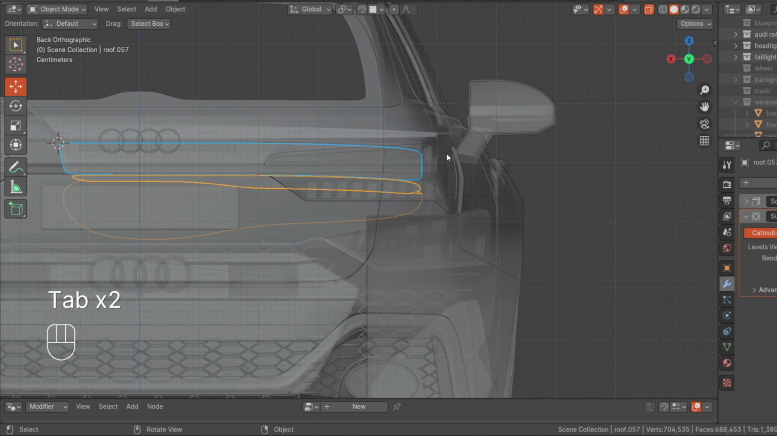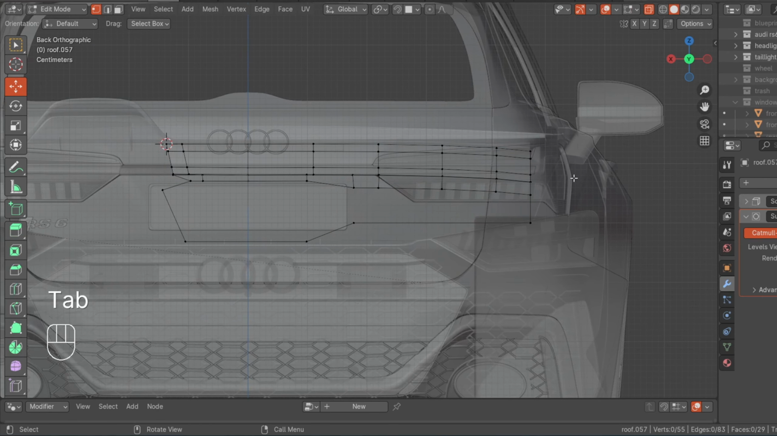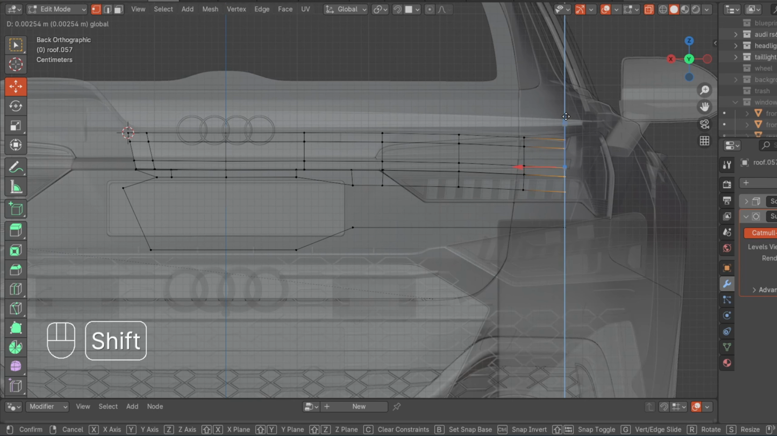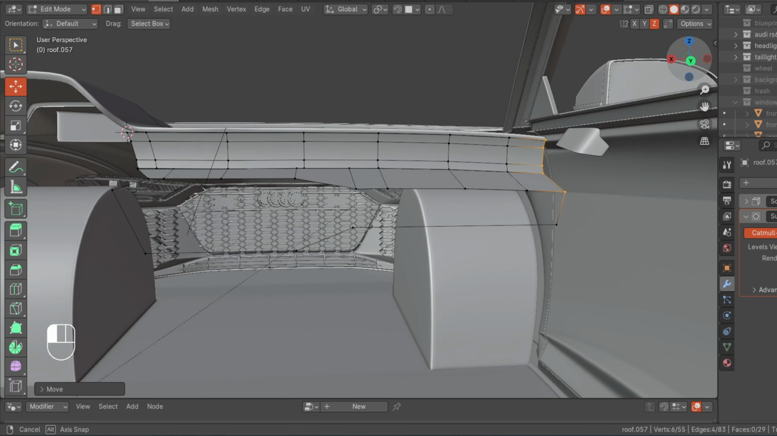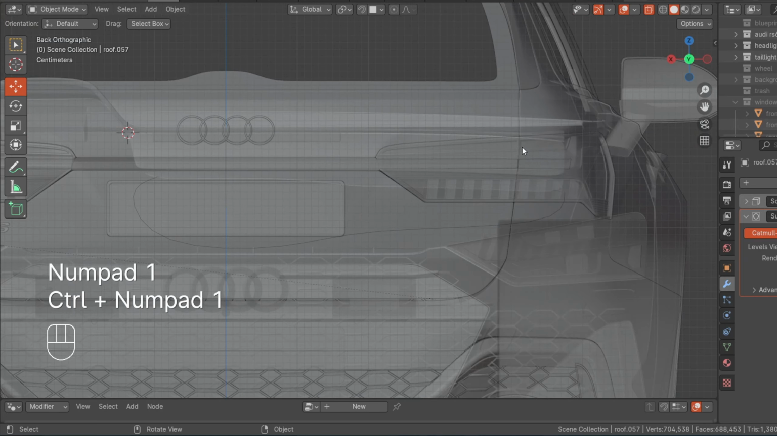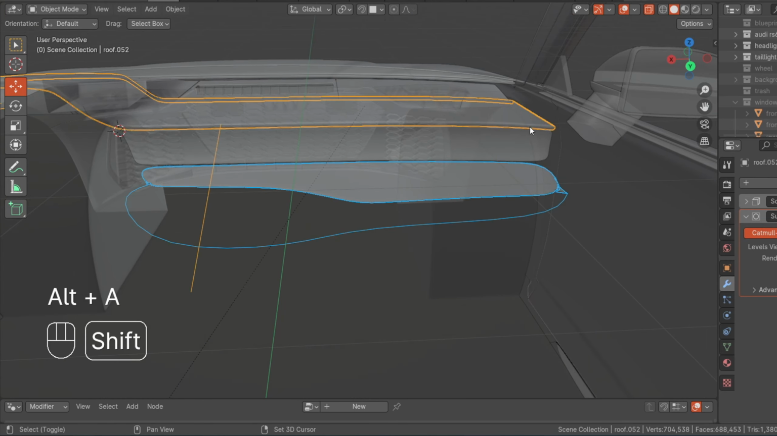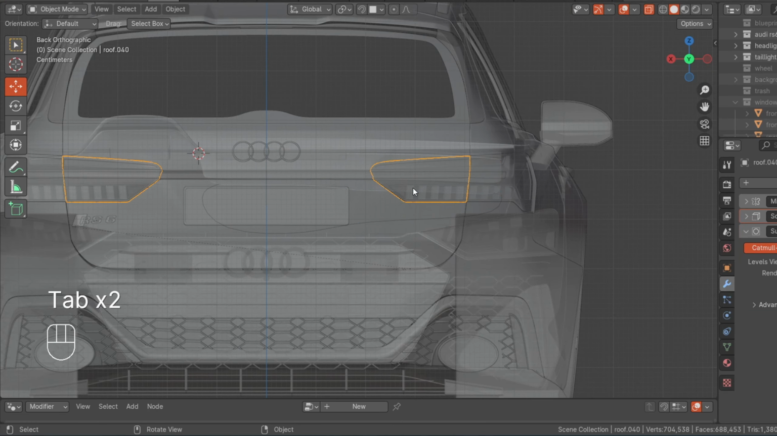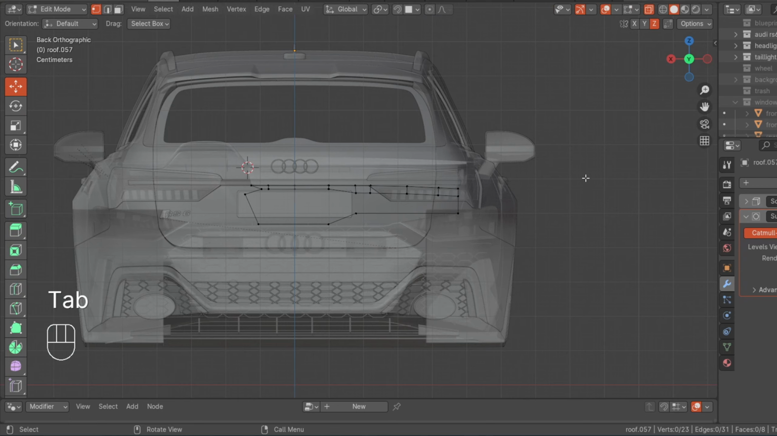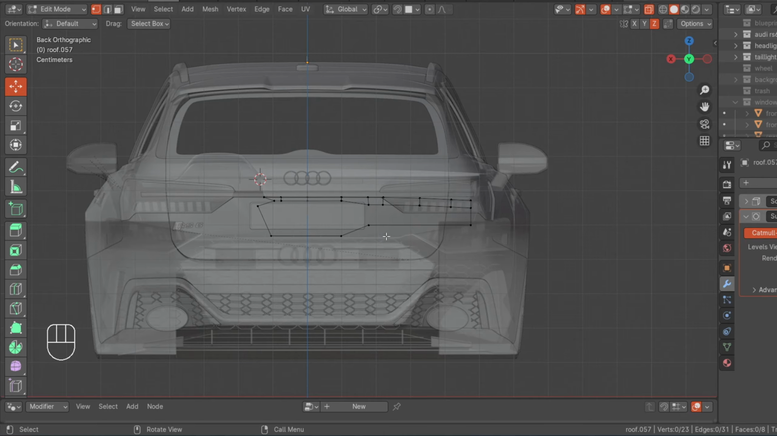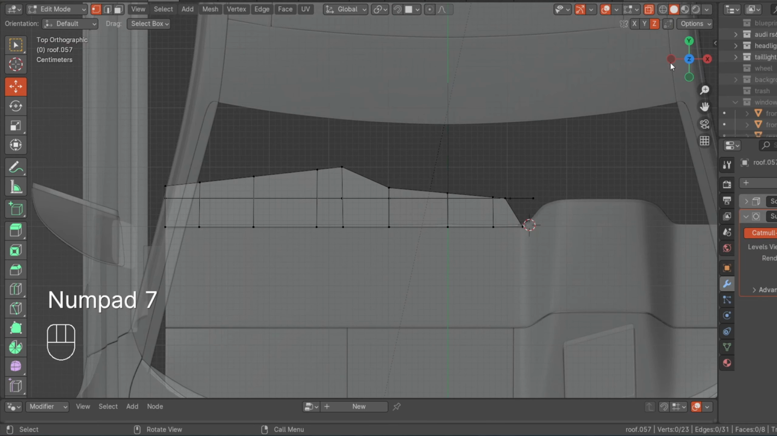And yeah, we try to move this one up a bit that way. I think it's okay. Yeah. So we've gotten that shape. So let us try to match it with